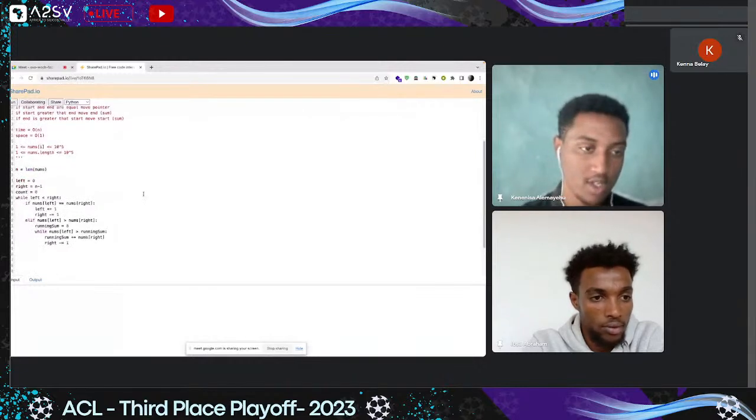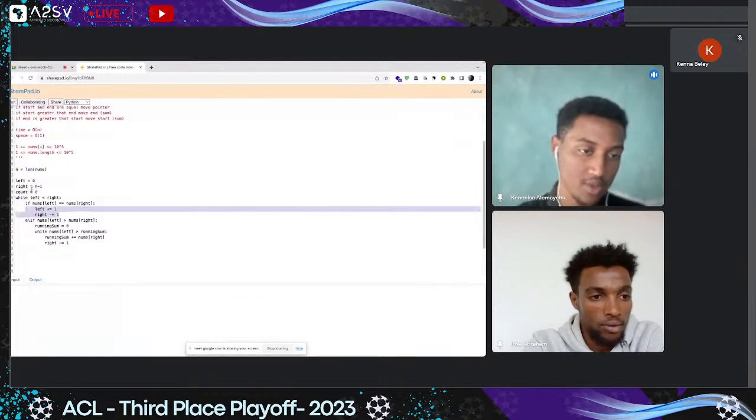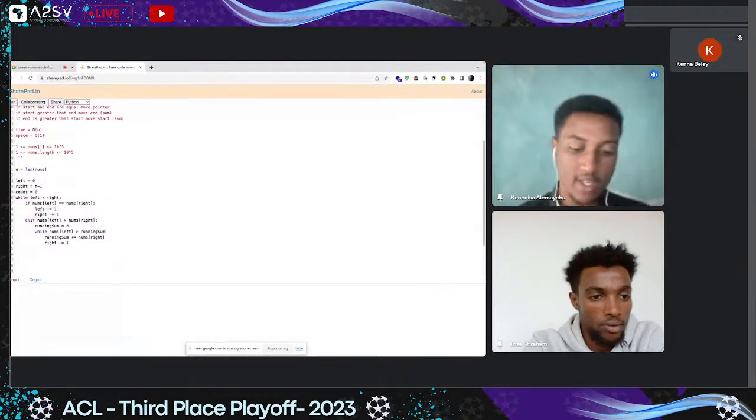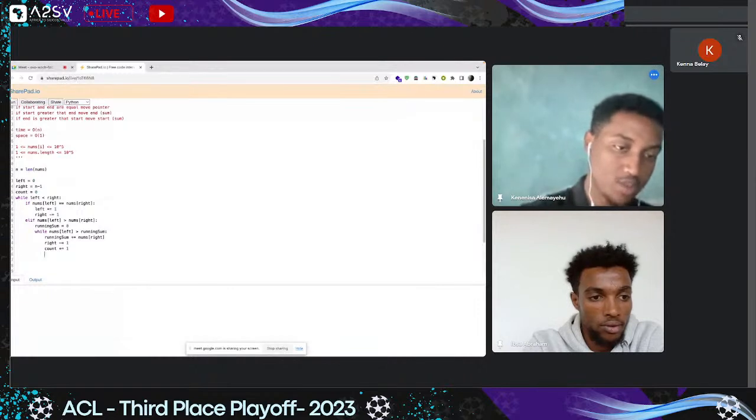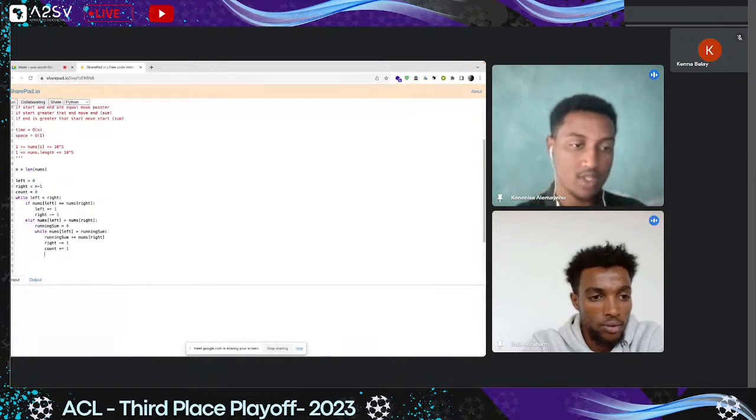In this case, I don't merge anything, so I don't count anything. On this one, I have to count the merge here. And then my left pointer would move, it would be plus 1. So here, now, if the running sum,